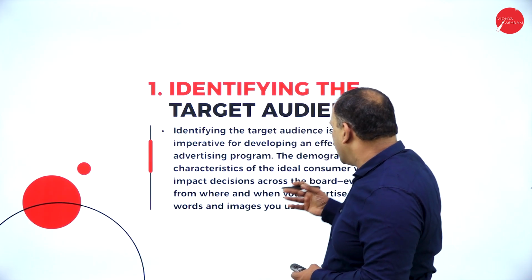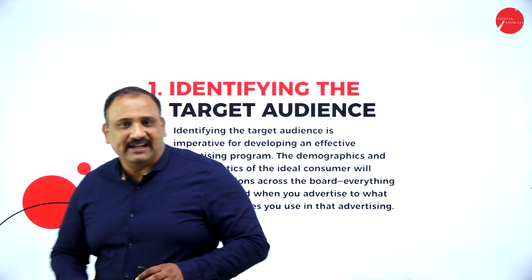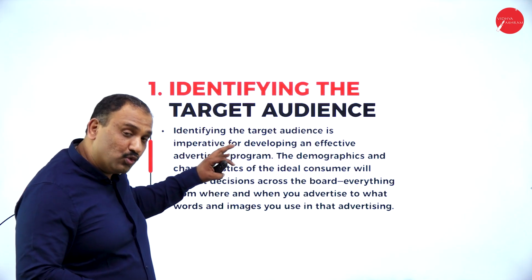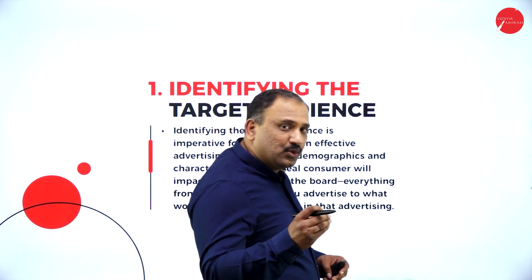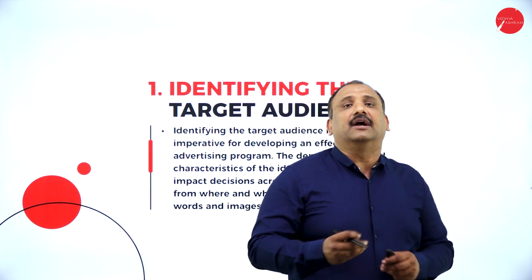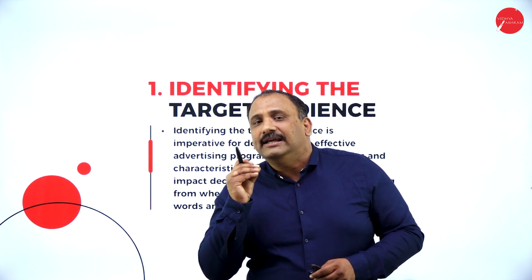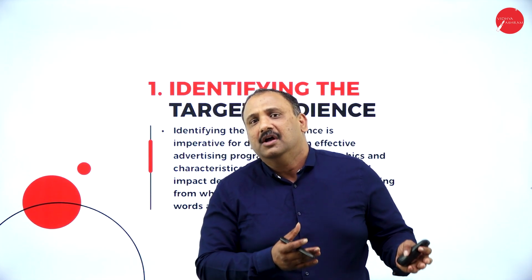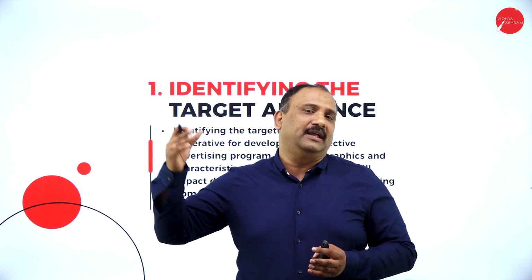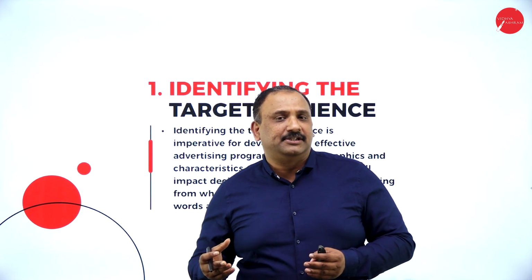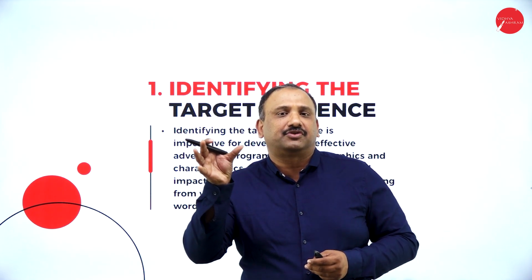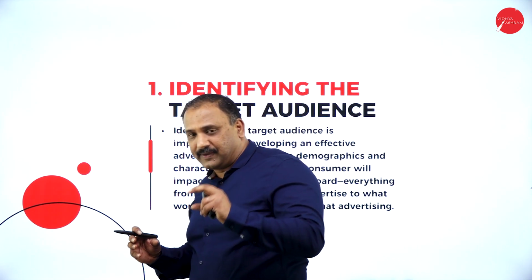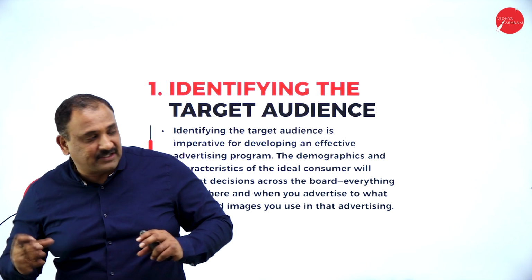Now, the first thing as we are talking about, the demographics and the characteristics of the people will be very important as to what you are advertising and to whom you are advertising. Now, whenever you are advertising a product like hammam soap, probably the range of audience is from the smaller level, that might be even for a 5-year-old kid to probably a 50-year-old man. So what happens here is that the demographic scope is extremely large. So when you have a generalized product where the age range is quite high,